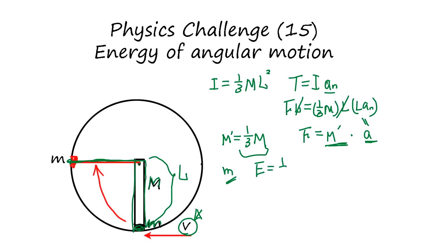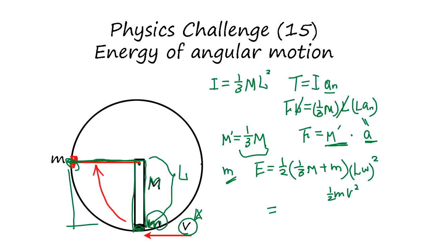kinetic energy is 1/2 times this mass plus m, L squared omega squared. So this is the kinetic energy, right? Okay, this kinetic energy is equal to potential energy, which is m going up from here to here, so